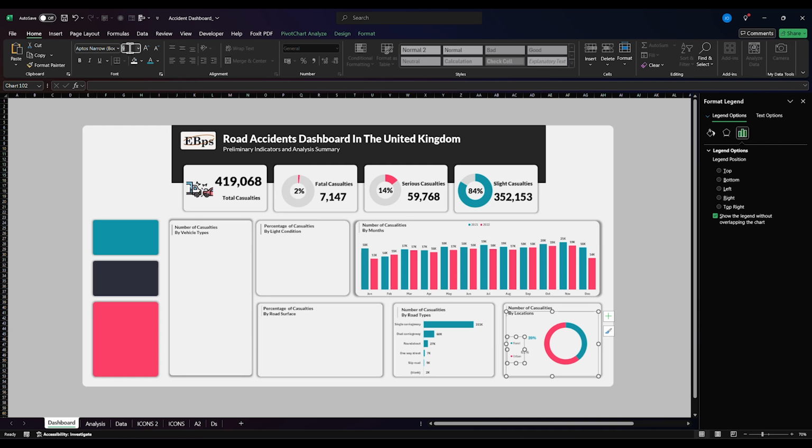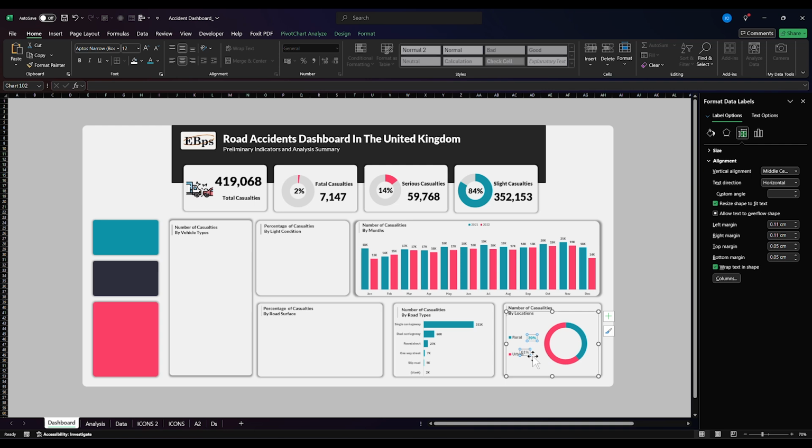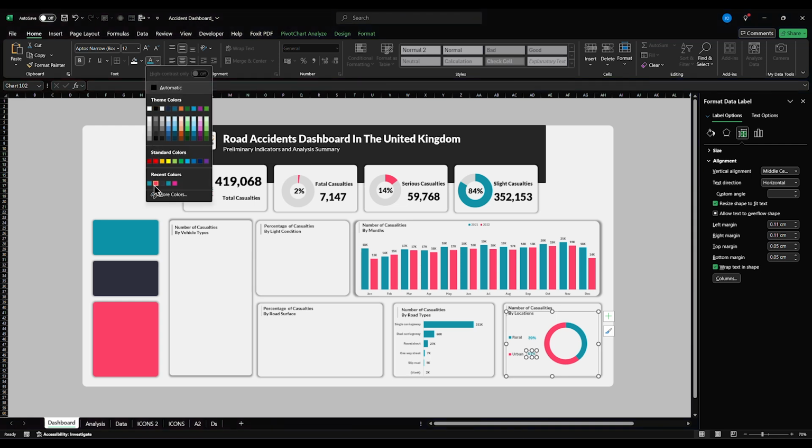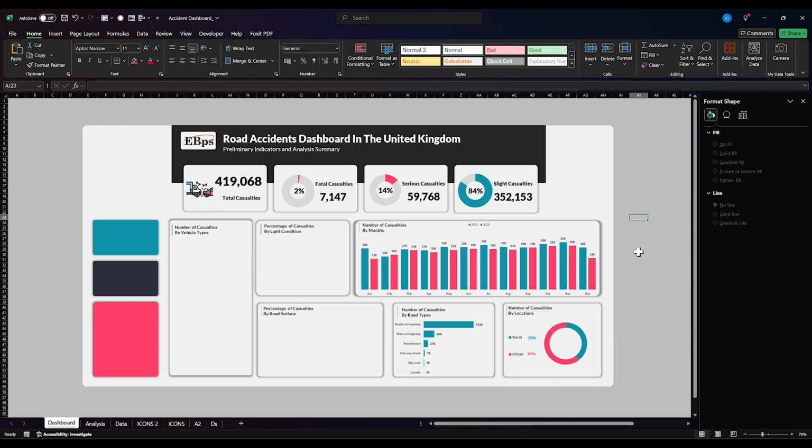This will be 12 as well. I'll make it bold as well. Then this one specifically gonna be bold. Is gonna be red. Yeah, so this is fine. Now next thing we're